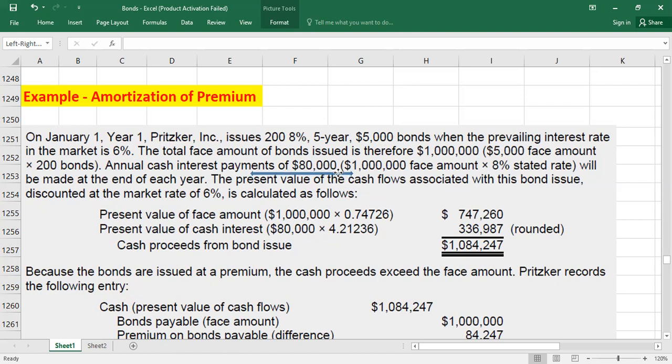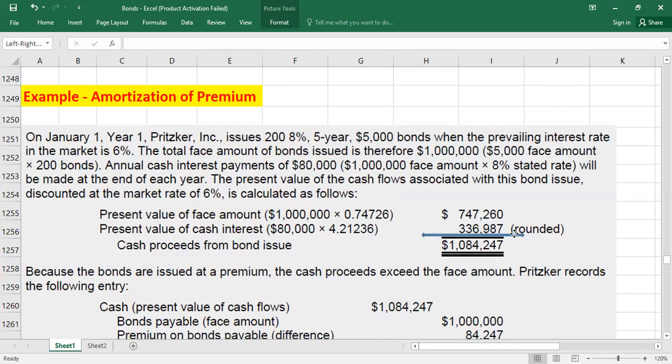Here I am assuming we are paying annual interest. So for the present value of interest, you take 80,000 multiplied by the annuity factor. This is not a present value factor, it is an annuity factor. You can look up the annuity factor from the annuity table. Again, you will check this at the market rate, and don't forget your market rate is 6% as given here, and you will look for 5 years. From the annuity table you will find this value there. If you multiply these two, you will get the present value of interest.